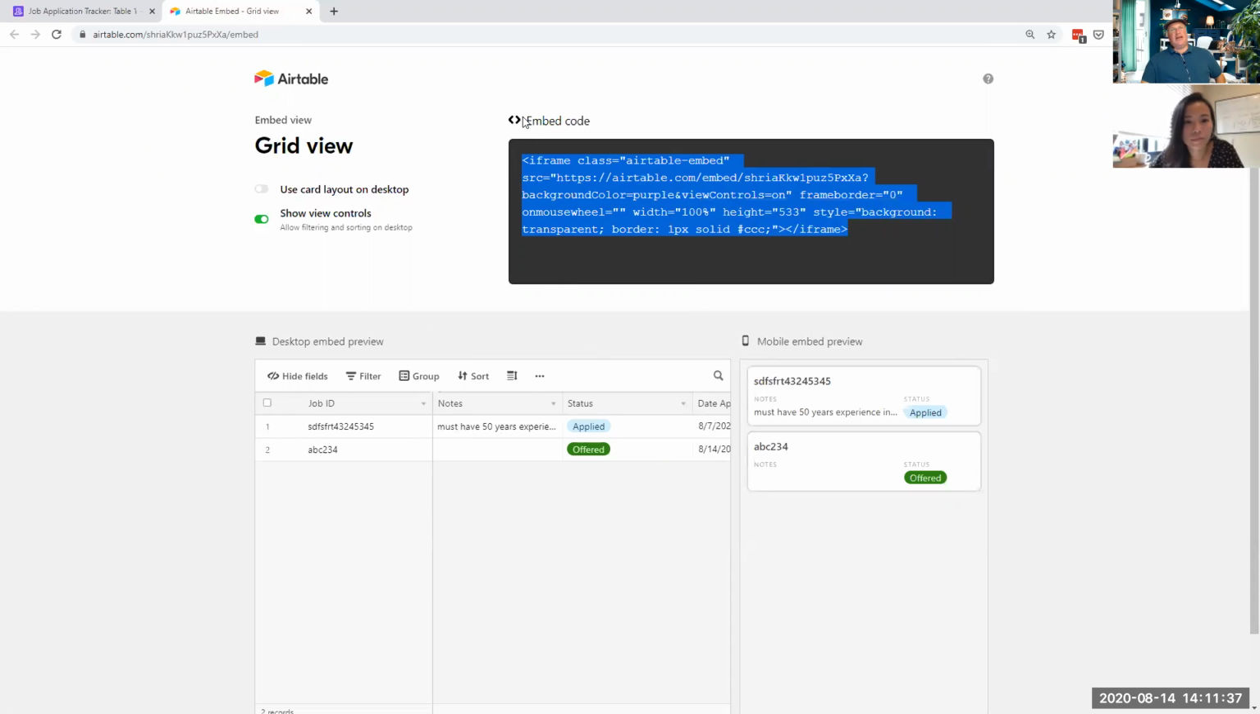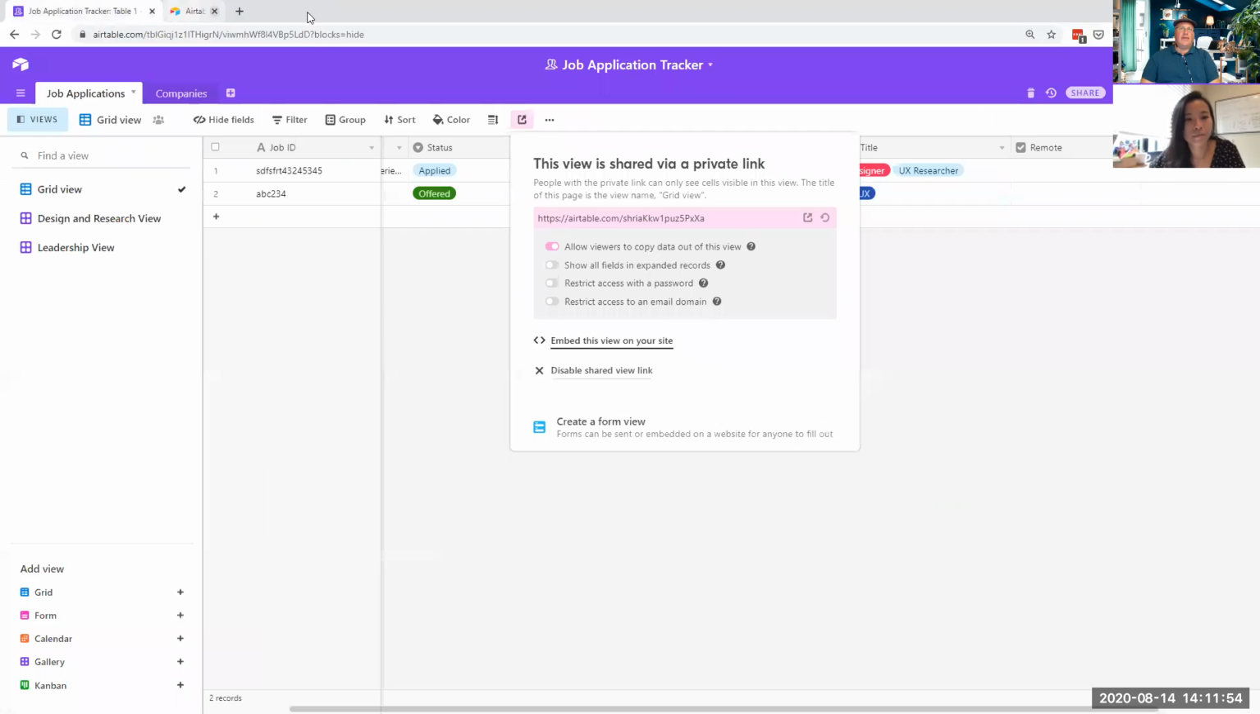Now, not everybody knows HTML or is comfortable going into there, but once you have it in there, you don't have to go and muck around with the HTML anymore. You just would go into the Airtable and do your thing. So if somebody helped you with that part,